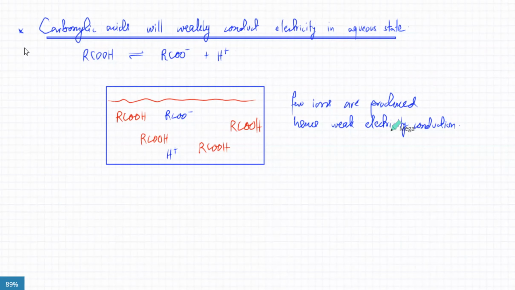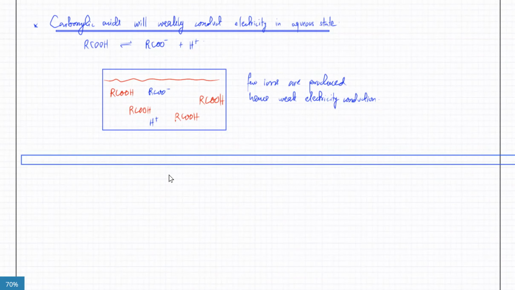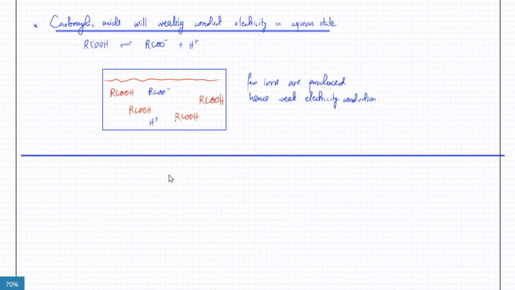Yes, sir. So they're not going to produce a lot of ions. Like NaCl is going to be a very strong conductor of electricity because it's very soluble and it ionizes completely. HCl completely ionizes. But for any weak acid, just very few of the molecules are actually going to break down. Okay, the very, very last thing that needs to be studied is